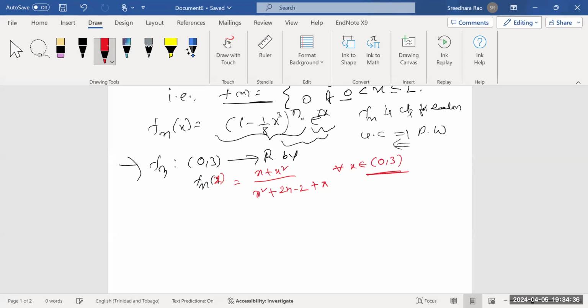Here it is an open interval, so no need to verify the endpoints. The endpoints matter when it is a closed interval, or